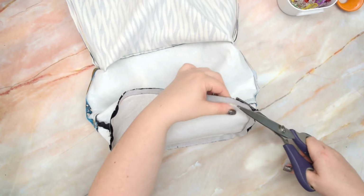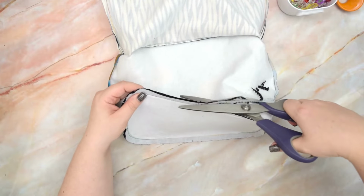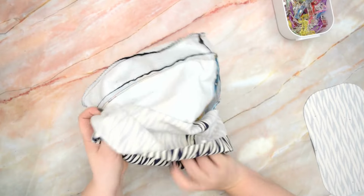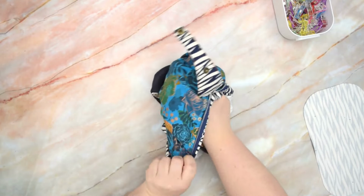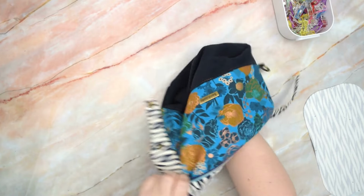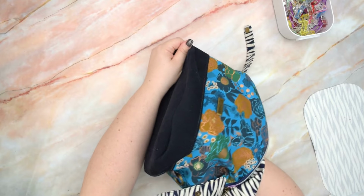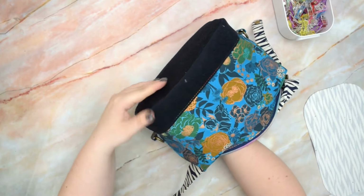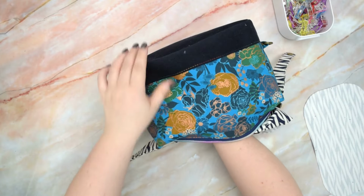Once you've got that seam stitched, you can take your scissors or pinking shears and trim the seam allowance by half. Now you can turn your pouch right side out. Double check if you are happy with the seam, if there is no puckering, no pleats. If you are happy with everything,